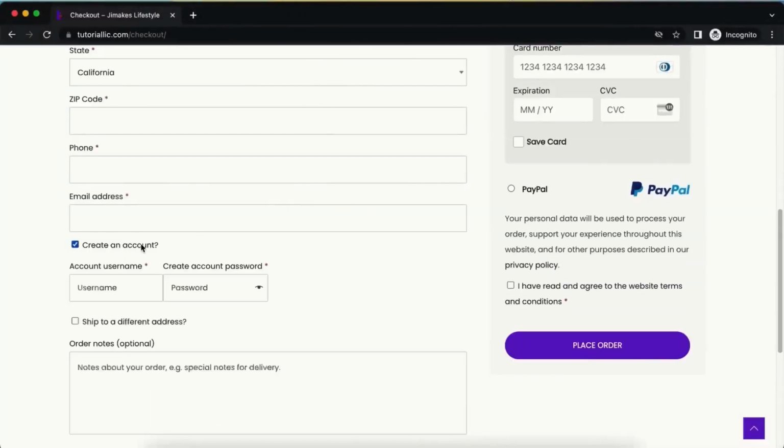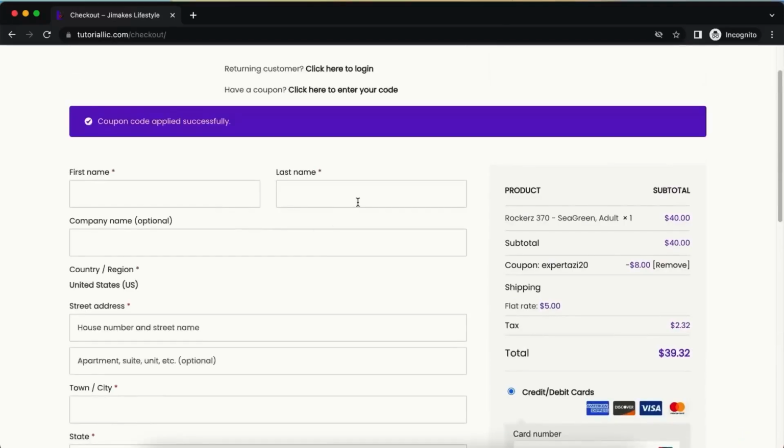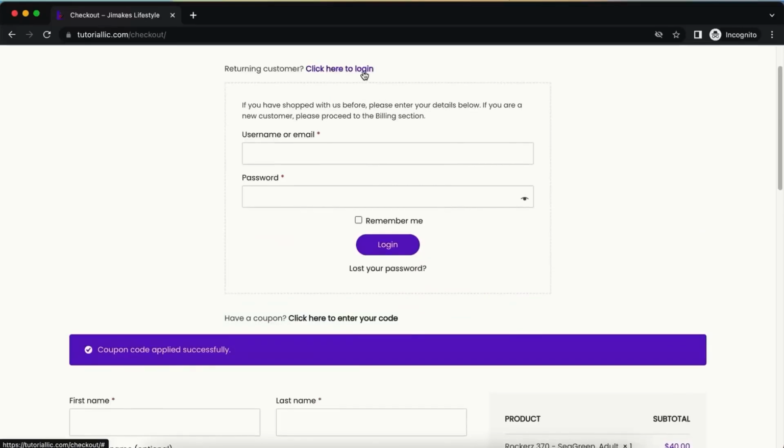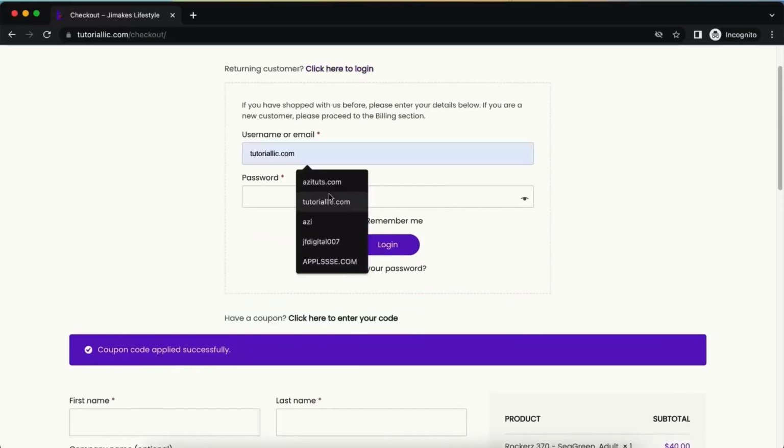So simply click on this create account, and now here you need to put your username and password, then your account will be automatically created. In my case, I already have an account, so let me log in here. Let's click on this to log in. Let's type the username and password,